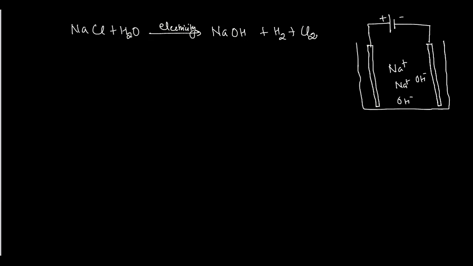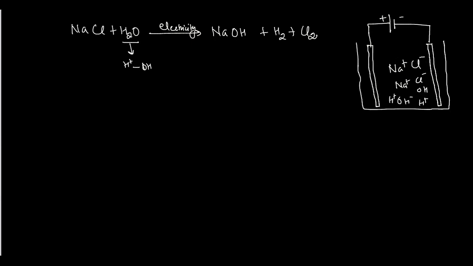In a similar way, water will also get dissociated. The OH ion will come from the water. So this is the H positive and OH minus ion coming from the water. This is water, it is giving you H positive and OH minus ion. In the similar way, here we have NaCl, so it will break into Na positive and Cl minus ion, so it will get dissociated.